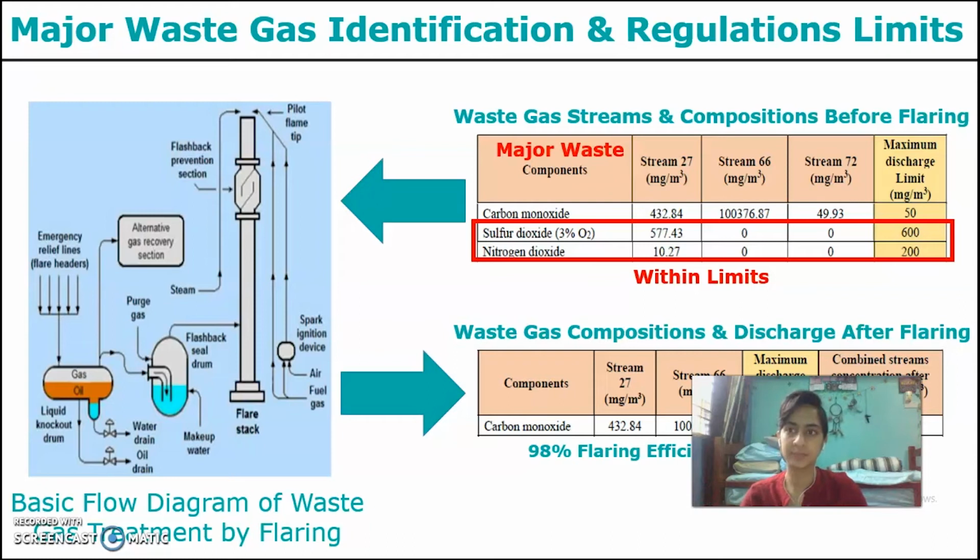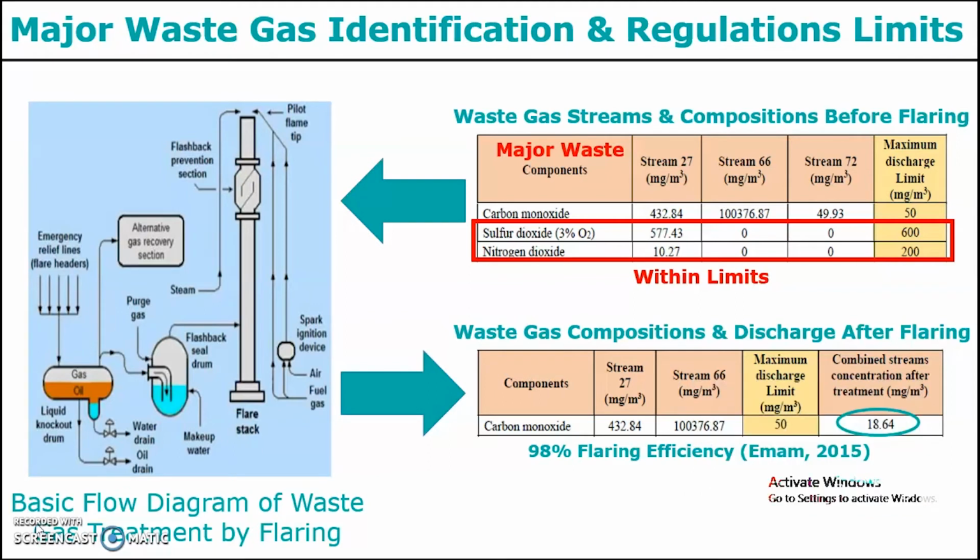My name is Manvin Dipko, and I'll be talking about major waste identification, regulation limits, as well as treatment strategies. All the waste streams have been identified in Table 6.3.1 and 6.3.2 in our report. It is separated into gas and liquid streams. From there, for gas effluent, the major waste is identified to be carbon monoxide, sulfur dioxide, and nitrogen dioxide, which are greenhouse gases and can cause climate change.